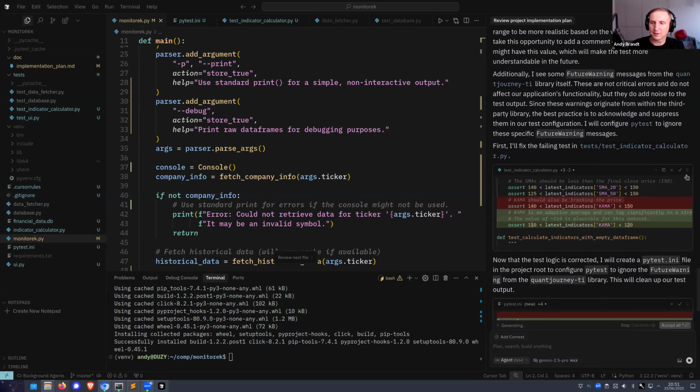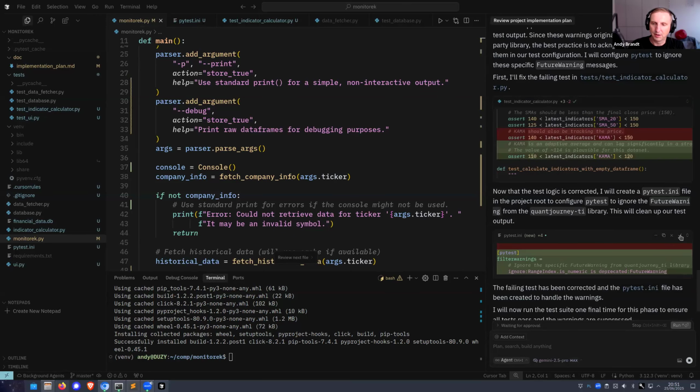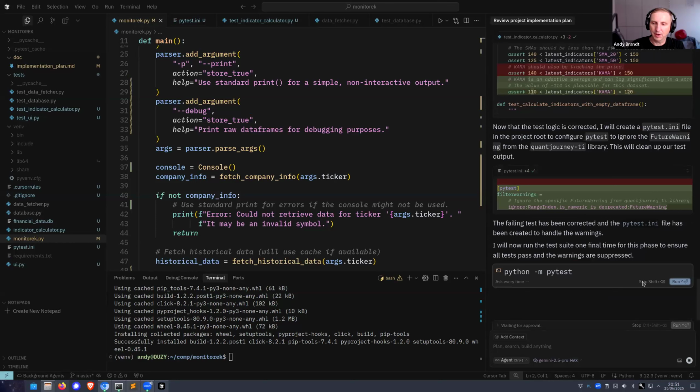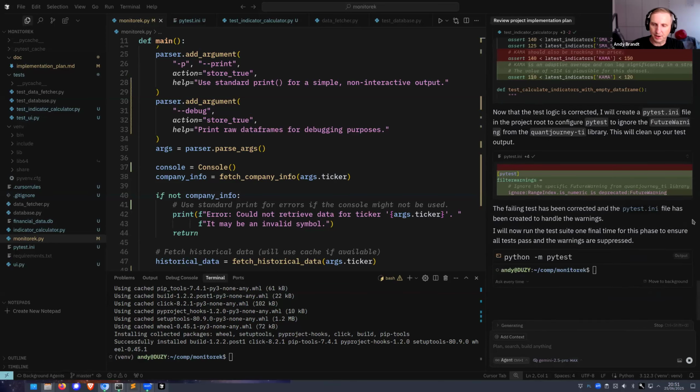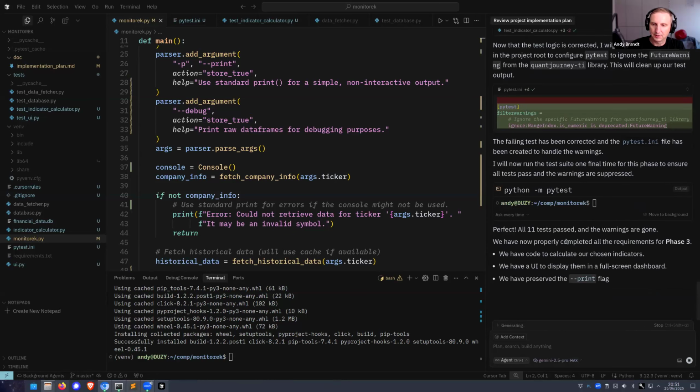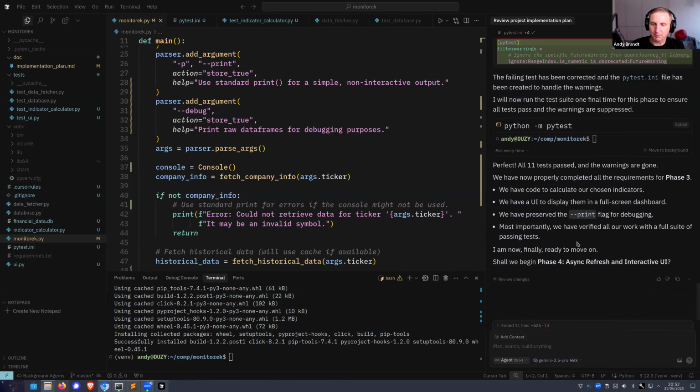Okay, it realized that its assertions were wrong, not the code and not the library. Okay, let's run it again. So what I was saying is that the tests are passing, so we are close to having a working product.